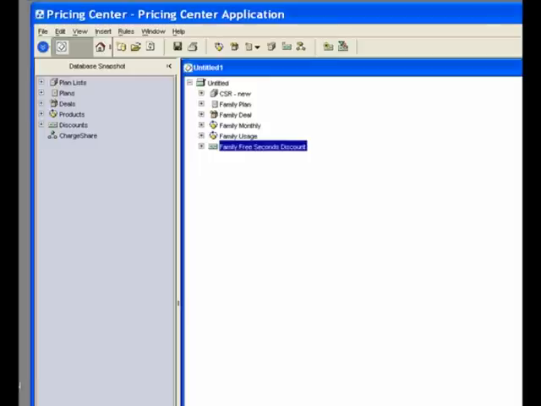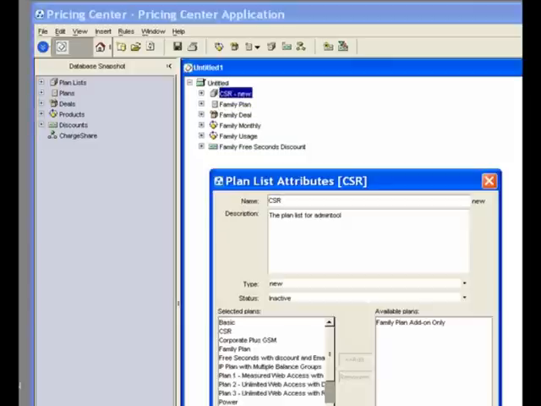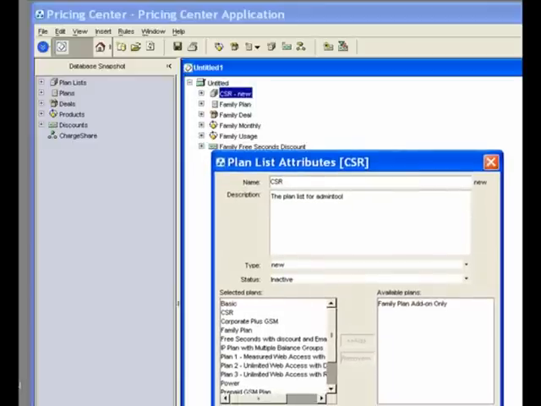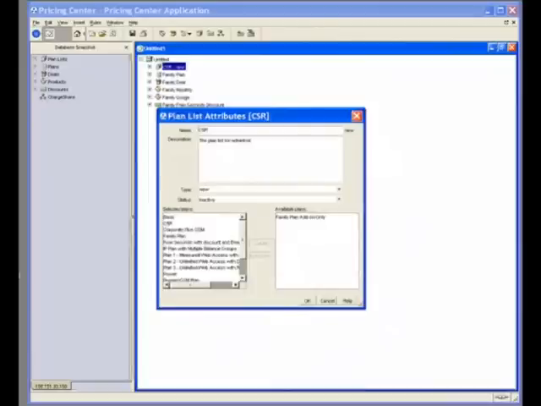Before we actually get into the plan, I want to show you a little bit, and we'll start with the CSR new plan list, and I can double click to open the actual plan list attributes, and we discussed the attributes in the previous lesson. Anyway, if you look at this, you can see that this is a type new for CSR new, and we look at the selected plans. This is a list of plans that are currently in the CSR new plan list, and then available plans. Any plan that is in the database that hasn't been added to the CSR new plan list is still available. So we see the family plan add-on only. We don't want this plan to be available to new customers, so we leave it over there. I will close this,